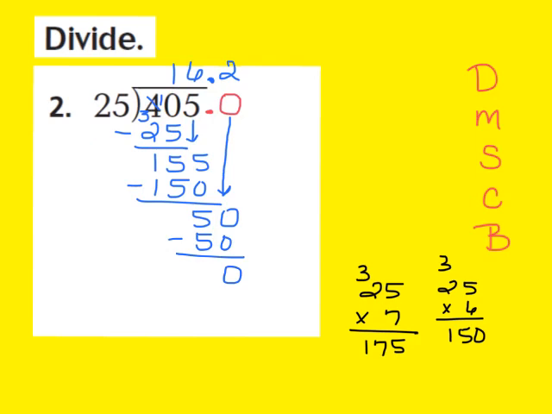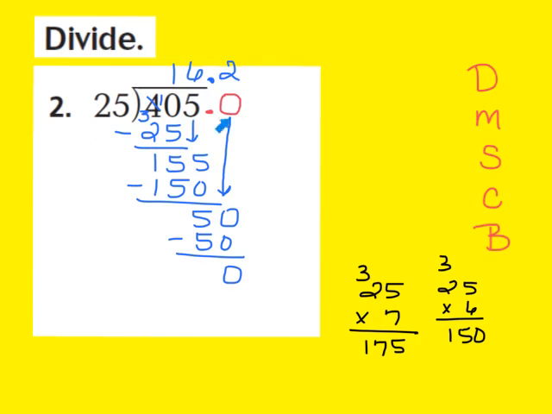remainder of 0. Once I have that remainder of 0, and there's no more numbers left to bring down, I know that I'm done with my division. So what I know is 405 divided by 25 gives me a quotient of 16 and 2/10. So once again, when you run out of numbers, when there aren't enough digits to complete the division, you need to make sure that you insert a decimal point and then